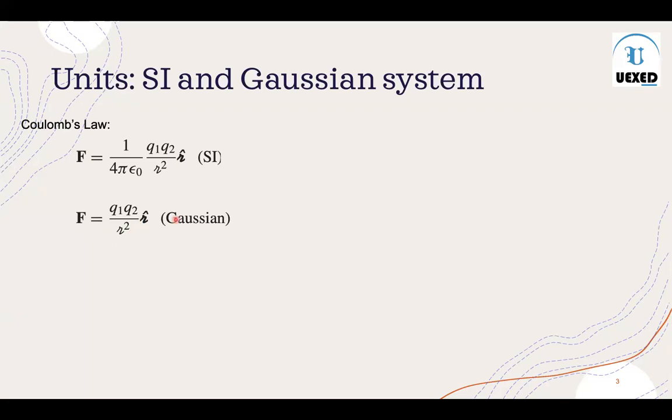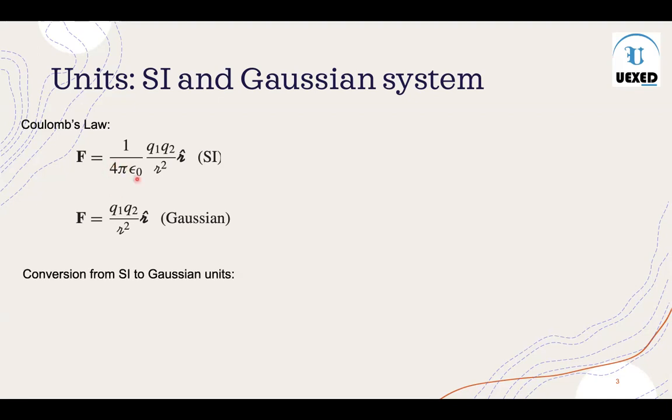even the moment you see that there is nothing written here like this or like this, you can't say that this is wrong, this is right. The moment you see this, you will say, oh, this is in the Gaussian unit and this is in the SI unit. Okay, so these are very basic things that one has to understand once we start learning stuff from the basic ingredients. Okay, so what that means is that